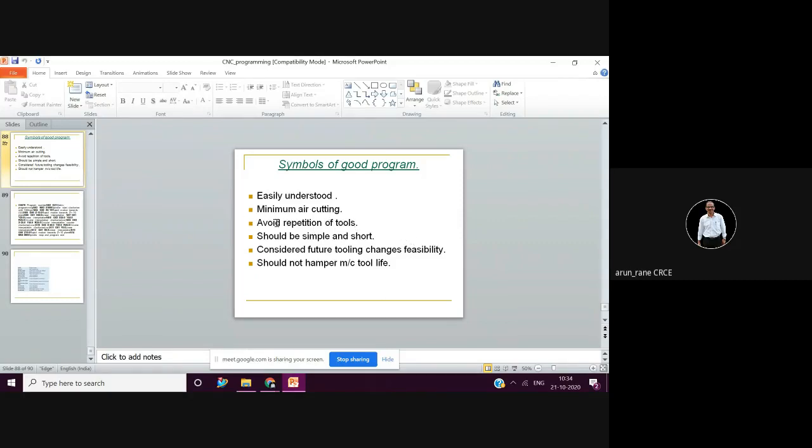Avoid repetition of tools. This is very important. Don't call the tool again and again. Once that tool is called, see all the operations which can be done with that tool and finish them at the same time. Not necessary now in this example, but we had a hole of diameter 60 and a hole tap of M12.